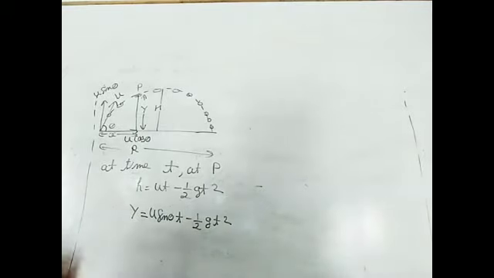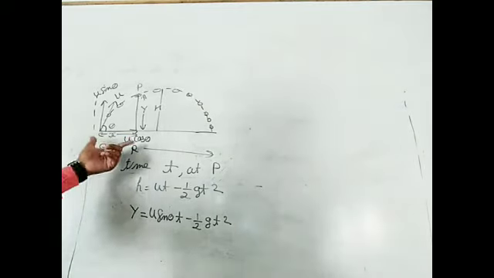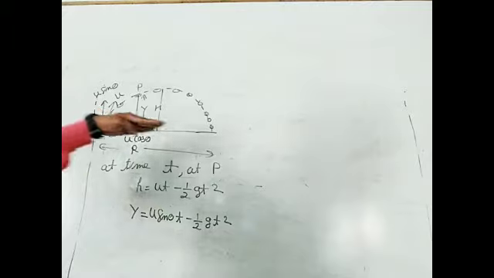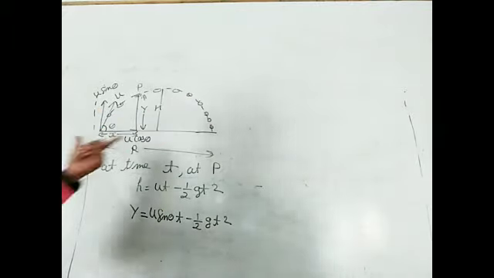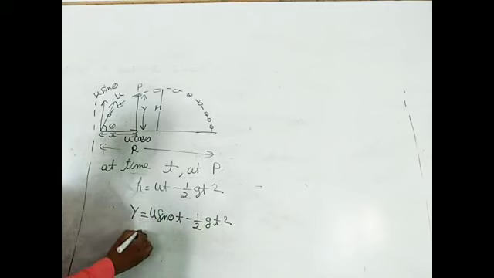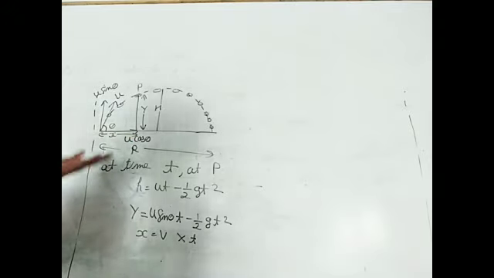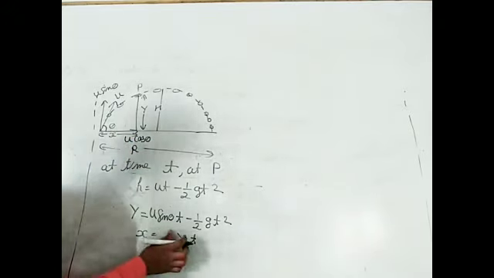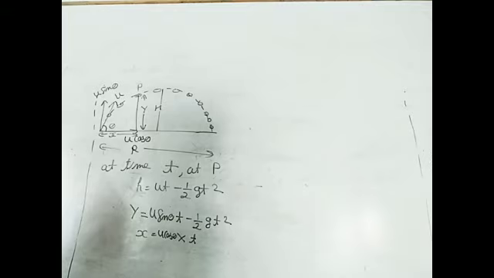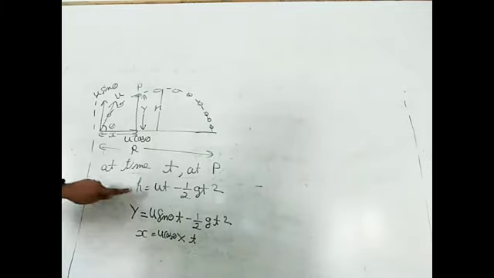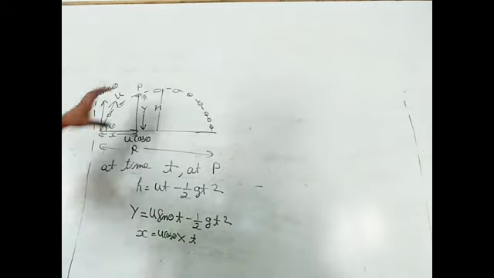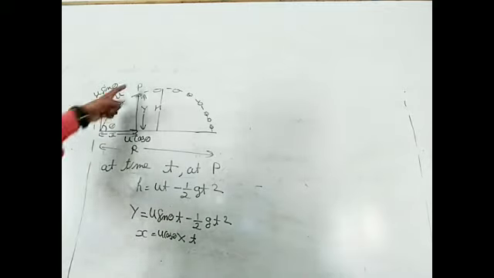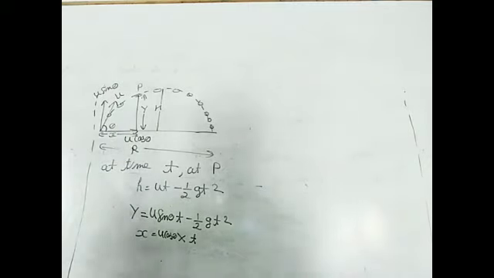Now we are going to calculate x. Students, since in the x direction there is no acceleration or retardation, we use the formula distance is equal to velocity into time. This x will be equal to velocity into time, and in the x direction the velocity is u cos theta, and into t time. T will be the same in both cases, either in y or x, because x and y are both covered at the same time. These two distances require the same time interval.